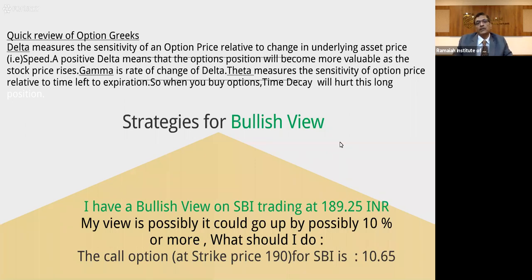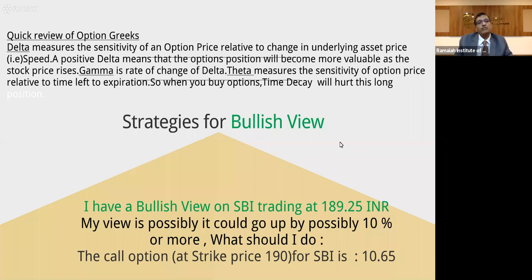Typically in a month, in the case of monthly expiry, it has been observed that from 15th onwards, or sometimes earlier also, there is a decay which sets in from 15th to 30th of the month. The time decay is accelerated, and therefore the options tend to lose value. It could be call as well as put value.